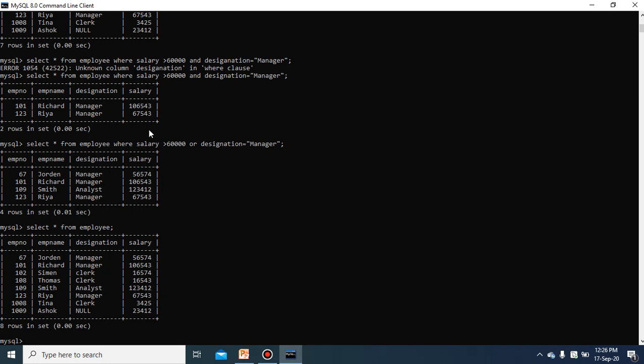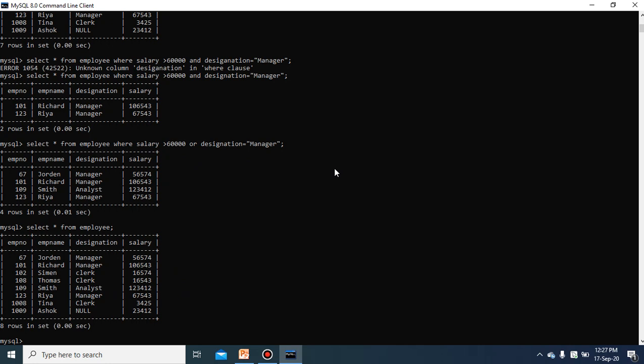60,000, so the first operand is matching, and this is coming as an output. Next is manager, and this salary is also greater than 60,000, so this criteria is matching and this one comes as an output. Clerk: neither the salary nor the designation matches, and here also the same, so these two rows will not be extracted. In the same way, these four records will not be extracted. So manager, manager, manager, manager, and analyst will come as an output to satisfy this condition.